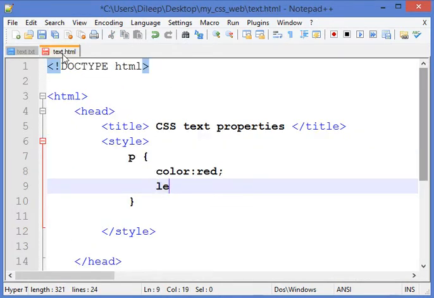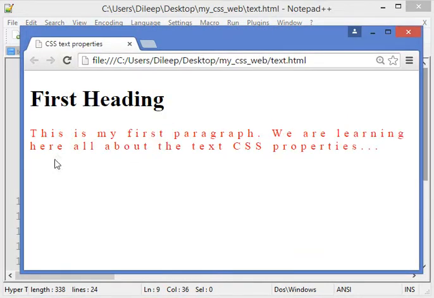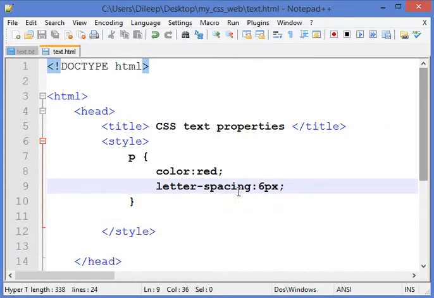So let's see, letter spacing, and suppose I want to give 6 pixel. I'll save it, and if I refresh, the space between the letters will increase here. So the space between each letter is now increased.